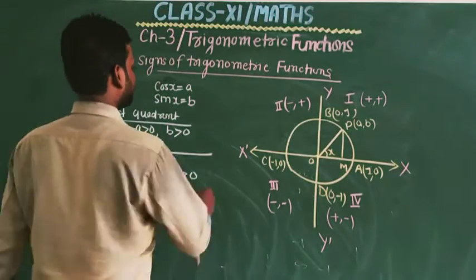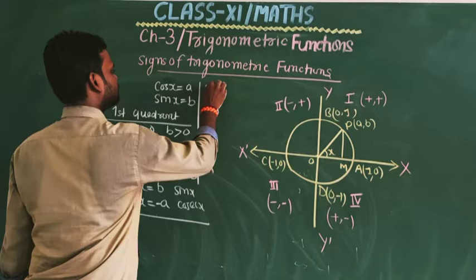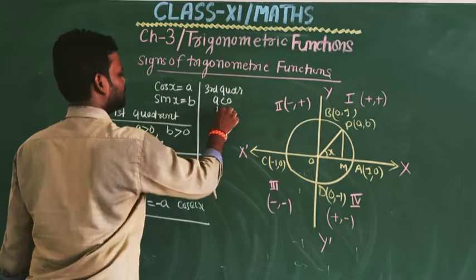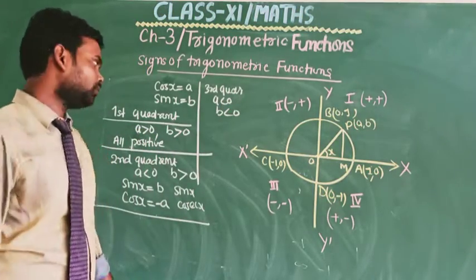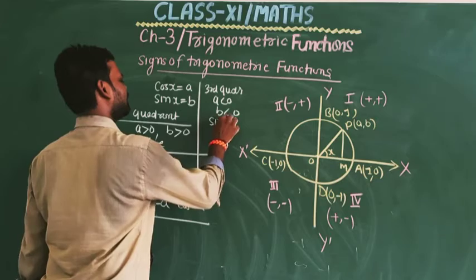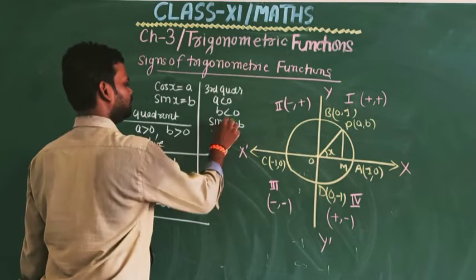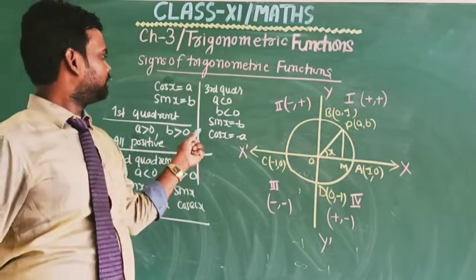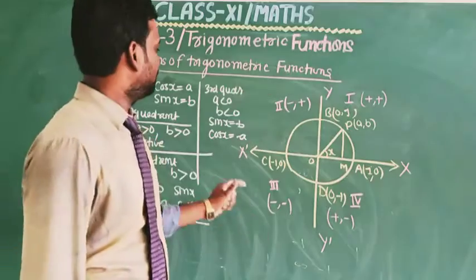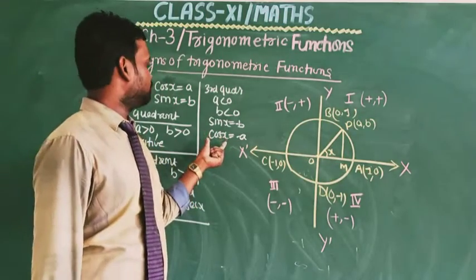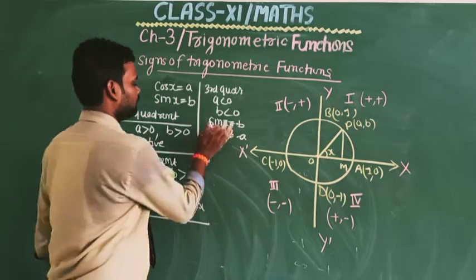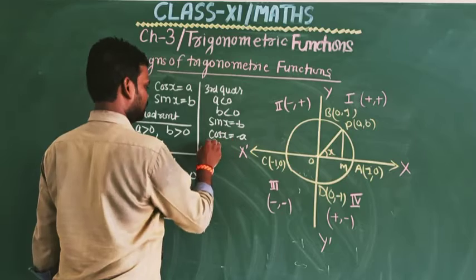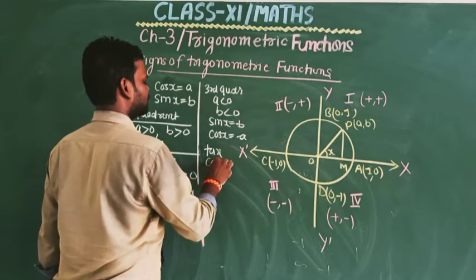Okay, and in third quadrant A is less than 0, B is less than 0. So both sin X equal to B, cos X equal to minus A. Okay, so sin X is negative, cos X is negative. So after using the relation, the other trigonometric ratios out of 4, tan X and cot X are positive and the remaining are negative.